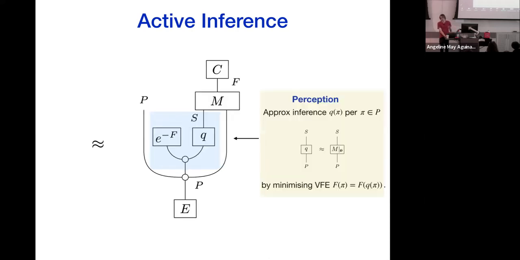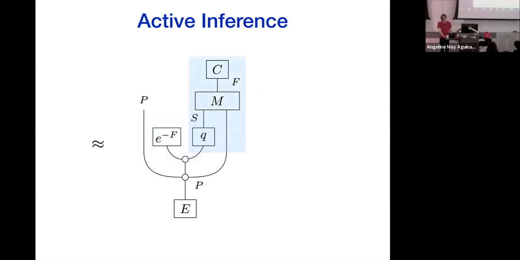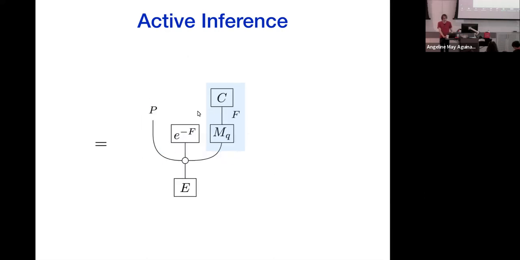This step, they call this the perception step, because it's doing this updating from observations to hidden states in the current time. Okay, so you start by doing that, and then we just take this top part of the diagram now that's relating to the future. Well, we collapse it together like this, and now we've got something that's just relating to future times and our preferences. And the part I didn't have time to talk about is this second free energy quantity called the expected